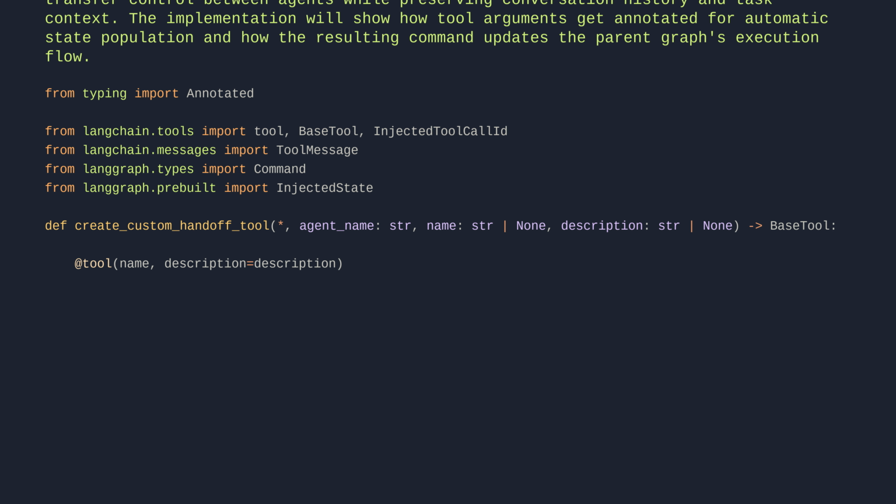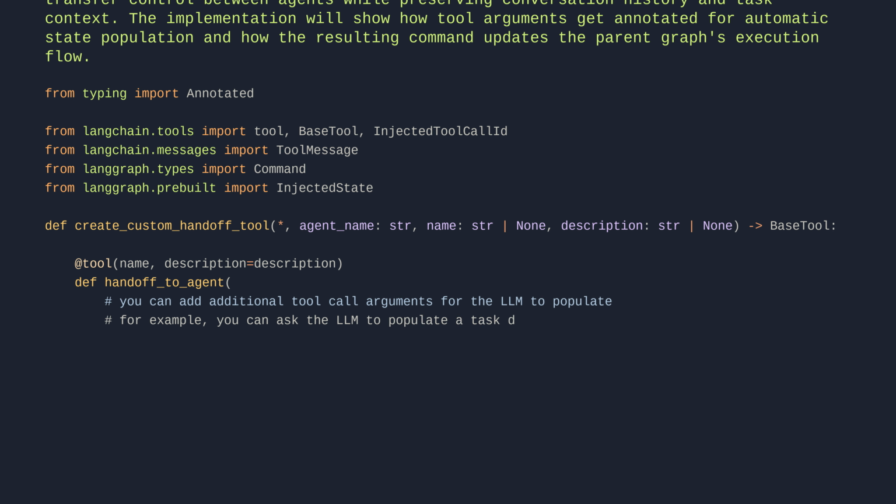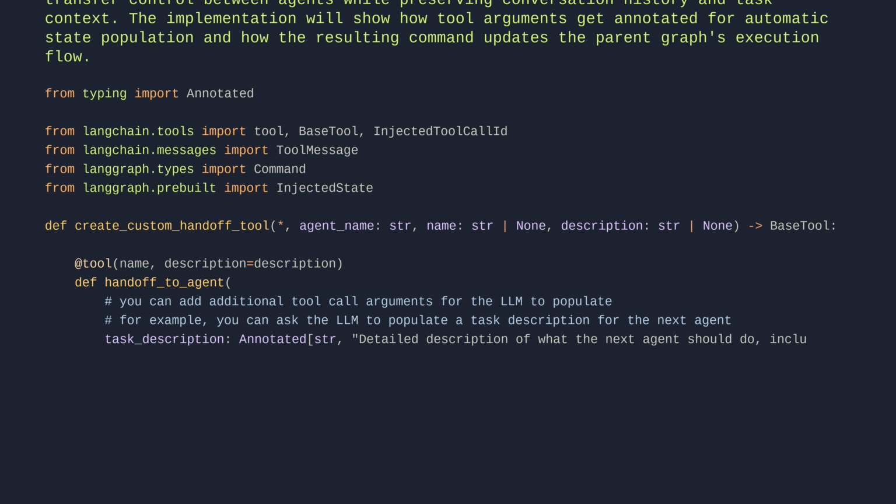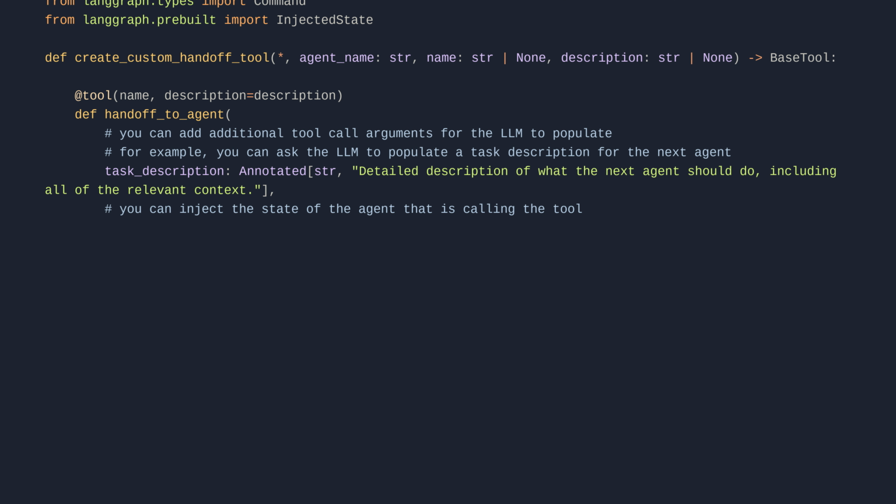def handoff_to_agent( # You can add additional tool call arguments for the LLM to populate. # For example, you can ask the LLM to populate a task description for the next agent. task_description: Annotated[str, "Detailed description of what the next agent should do, including all of the relevant context."], # You can inject the state of the agent that is calling the tool. state: Annotated[dict, InjectedState], tool_call_id: Annotated[str, InjectedToolCallId],